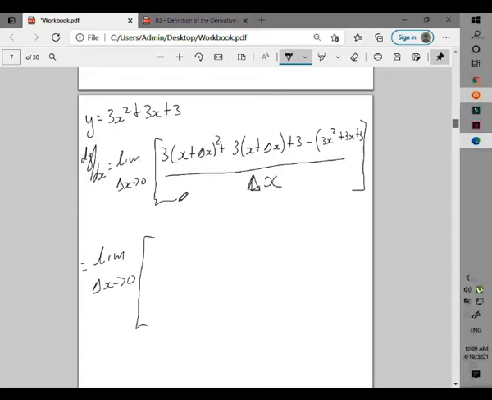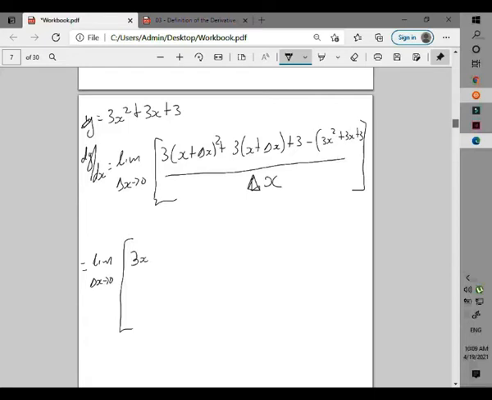Alright, so for this here, it's going to be a lot to write this all out, so let me just try and make this smaller, because when you put in the delta x, it's more than h of course, it's going to take up more space. So the limit as delta x approaches 0 of, again, I'm not going to expand it out. I am just going to write it. So here we go.